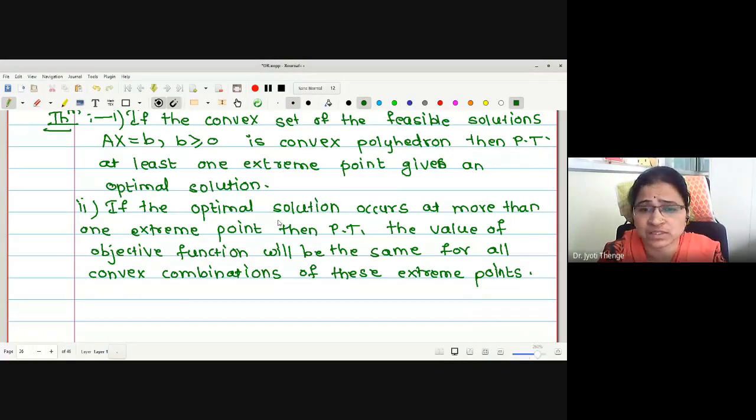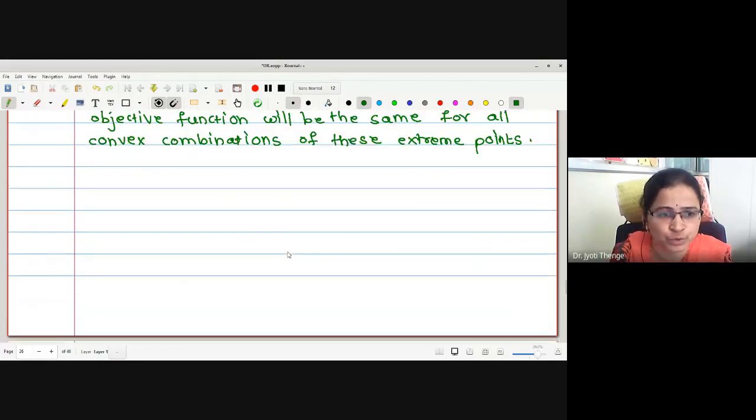We will get one extreme point at which the value of the objective function is maximum. Now let us assume one more point which is not an extreme point, say x0. Then we will compare the value of the objective function at x0 and at xm. The aim is to prove that the value of the objective function at xm is greater or equal to the value at x0, so that it gives us the conclusion that an extreme point gives us the optimal solution. Okay. Let us prove the first part.